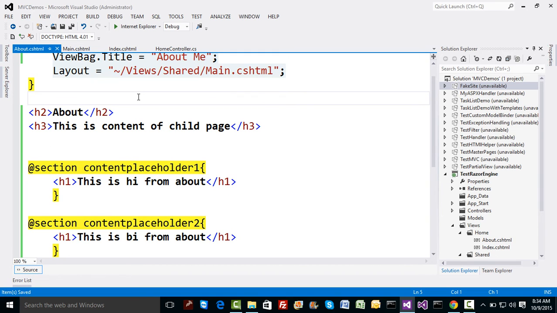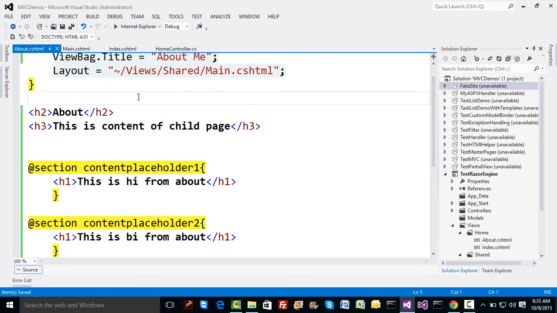Just like the way we change the master pages dynamically, I mean to say, just like the way we change master page dynamically using result filter, just like that you can use result filter to change the master page in case of Razor as well. Now whether Razor is better or normal web form engine is better. If you ask, Razor engine is better. The reason behind that is Razor engine is less in writing, and you can say it's fast in rendering the UI compared to the normal web form engine.